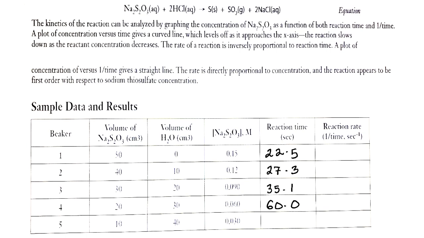And at the end, when we had only 10 cm³ of sodium thiosulfate diluted with 40 cm³ of distilled water, and we added hydrochloric acid, this was the longest duration before the cross mark could not be seen, because sulfur formed a cloudy yellow precipitate. That time was about 159.1 seconds. So that was the reaction time.